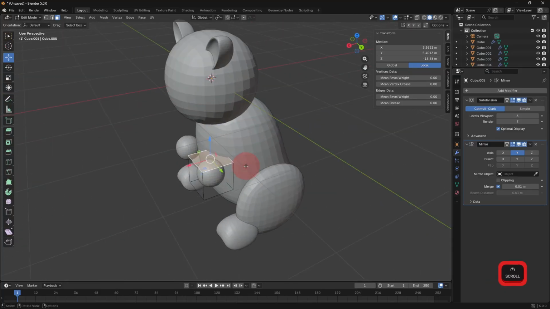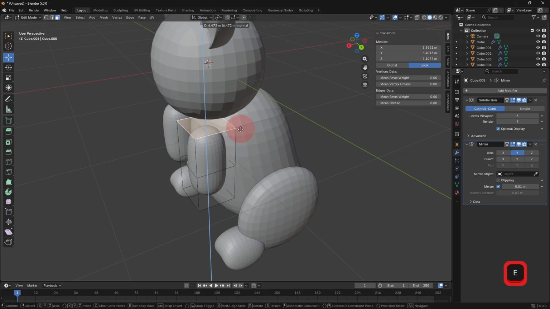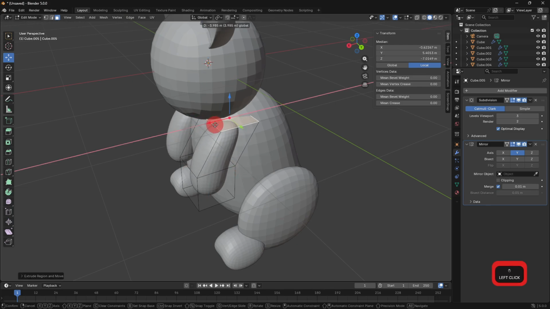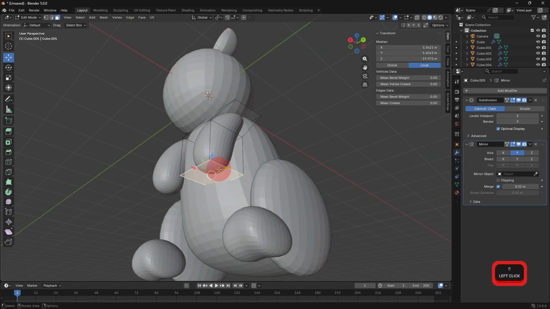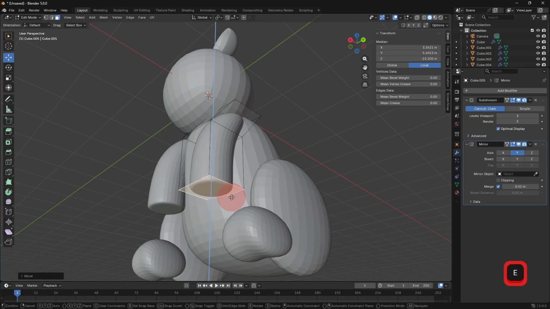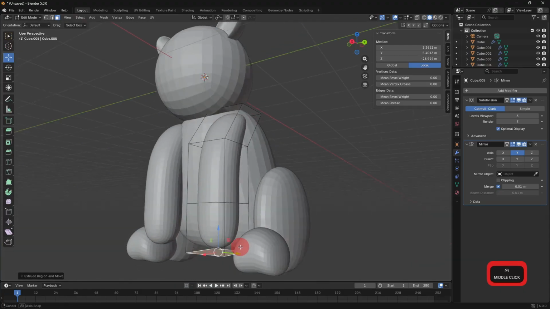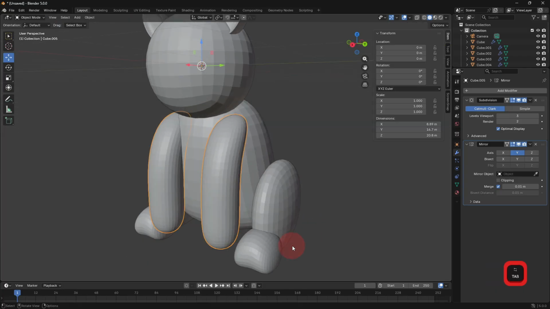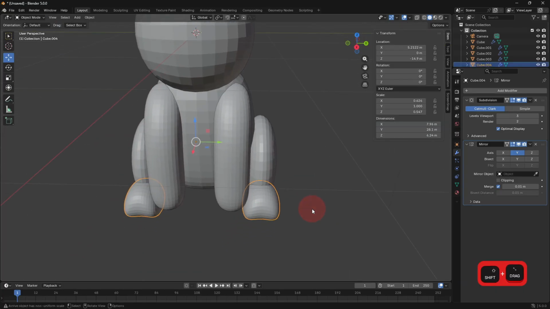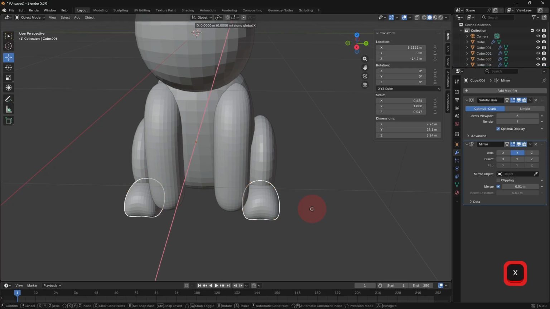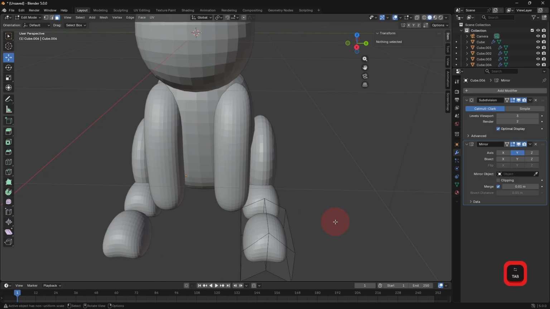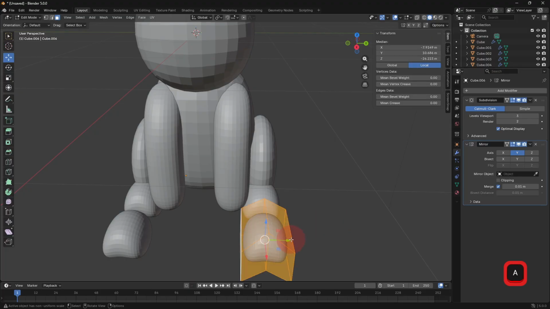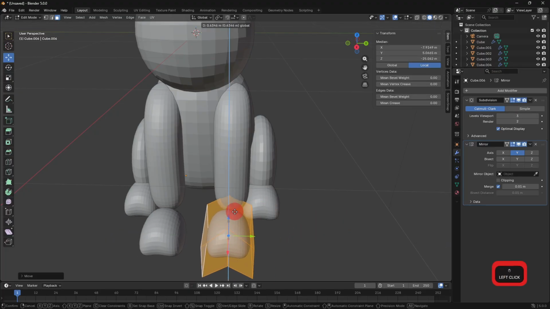So step one is we're gonna extrude this top portion, and we're gonna bring it inwards. Now for the bottom portion, we're just gonna move this down and extrude again. And what we're gonna do is we're gonna grab the feet from before, and we're gonna duplicate it holding Shift D, and we're just gonna move them up. Then we're gonna go to edit mode, press A, and we're gonna move them into place,